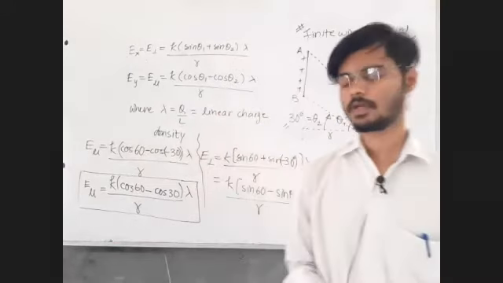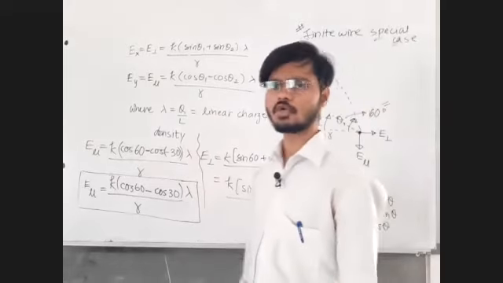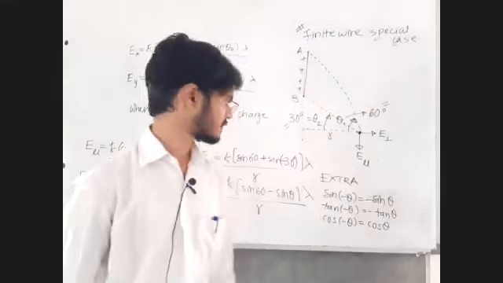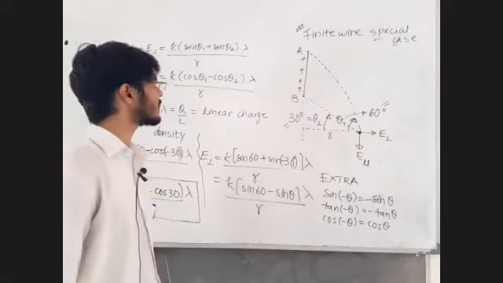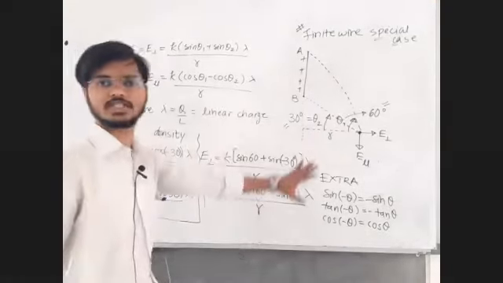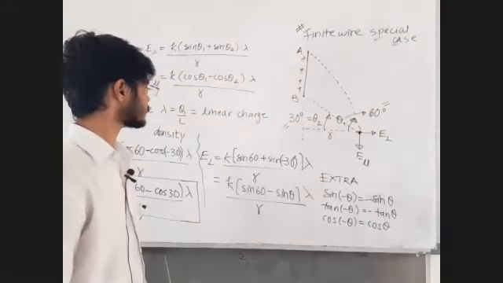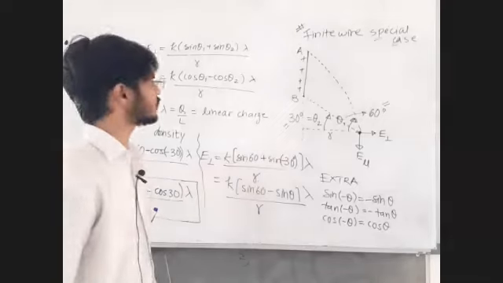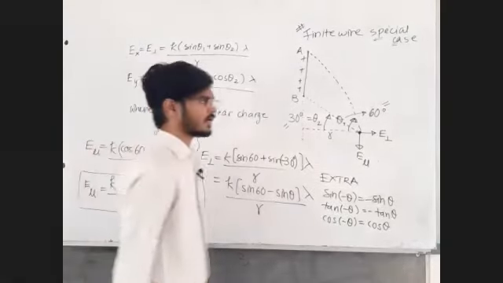So in today's lecture we have seen some additional formulae of electric field for some given systems, and we have also learned how to apply them. All the cases of the line charge are also covered. The special case is also covered. When to take angles positive and negative, that also has been covered now. So now basically all of you are ready to solve the examples.